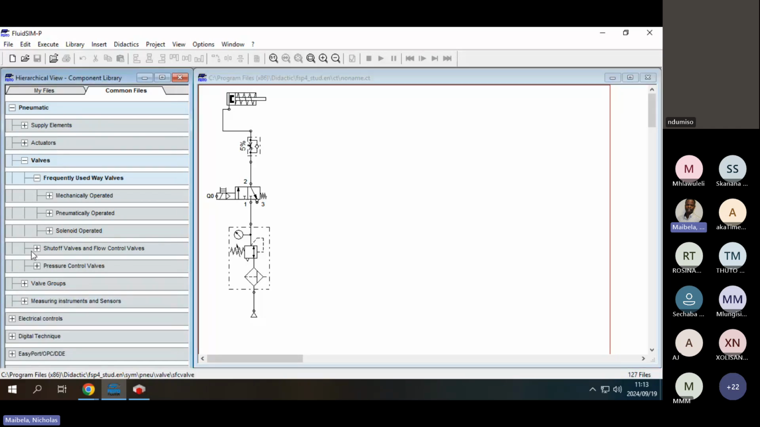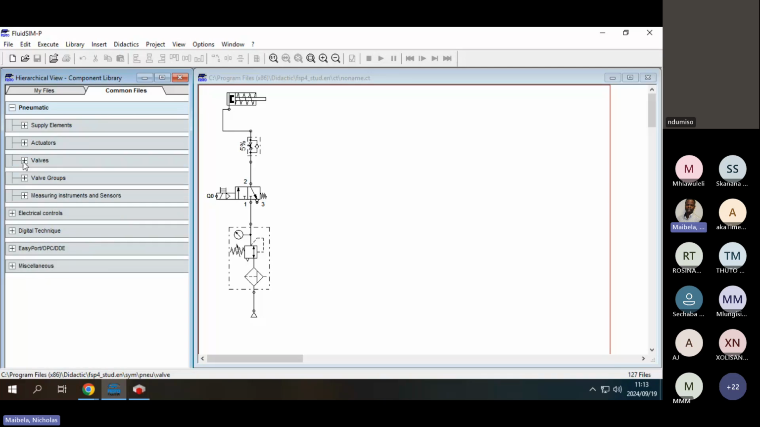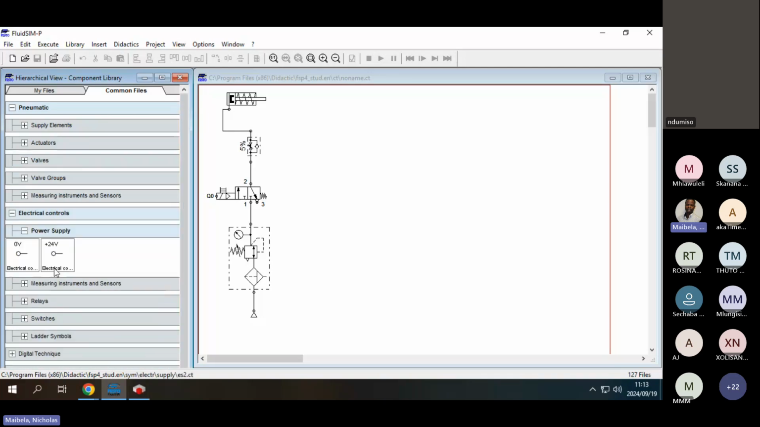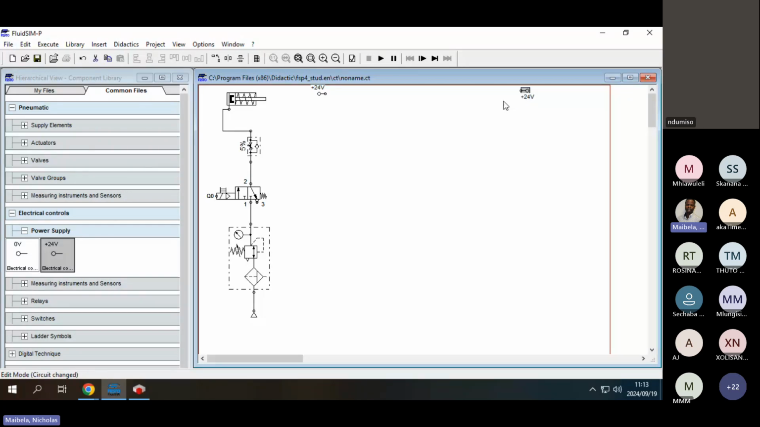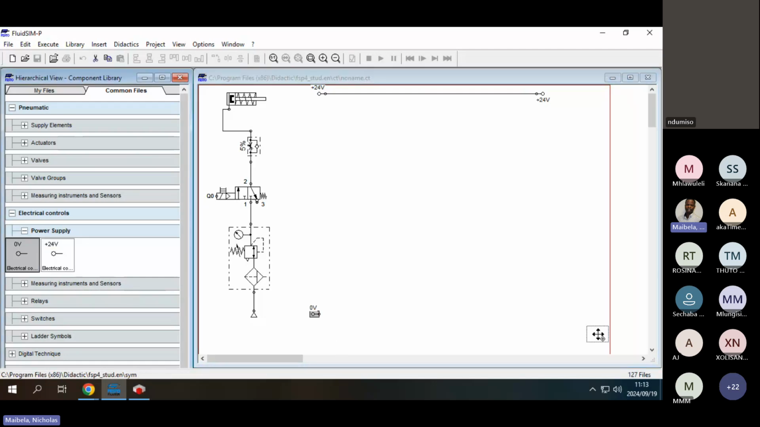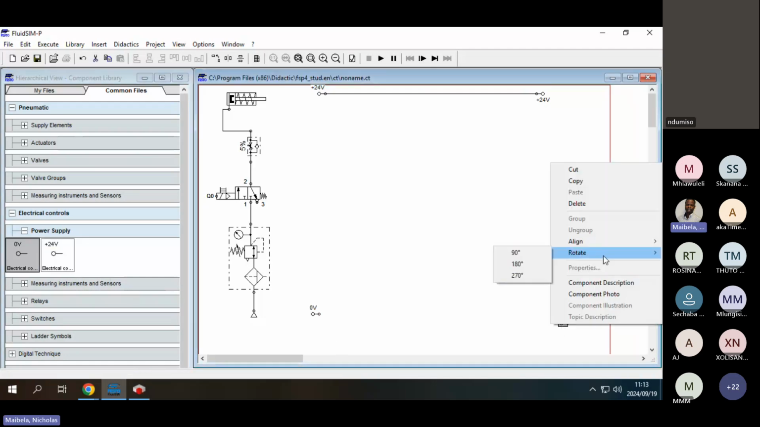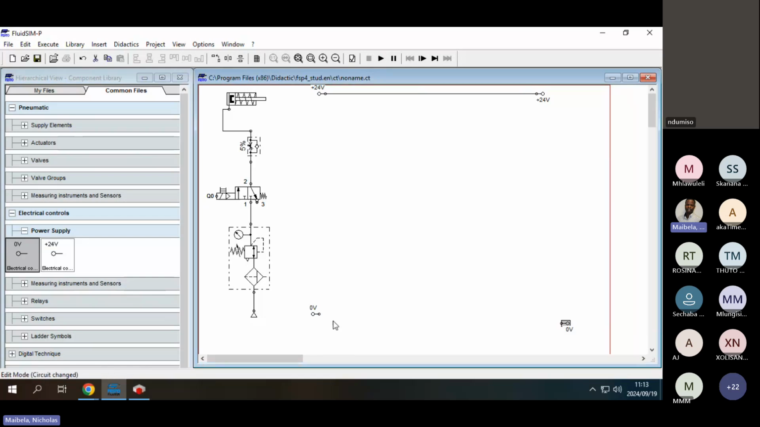Let us connect our electrical circuit. We'll go to electrical controls. Under power supply, you'll put your 24 volt there. Then you connect that. And then we have our 0 volt there. Then you connect that, right? Okay, because after this,